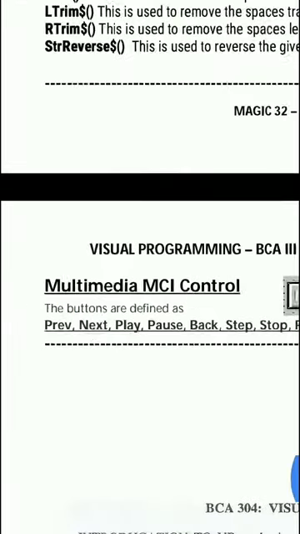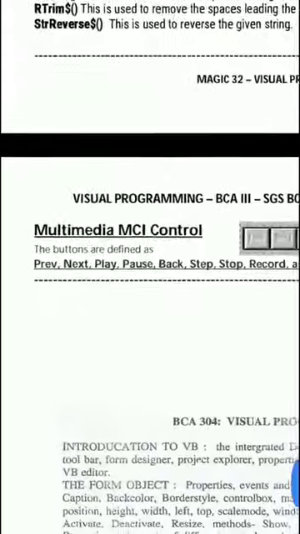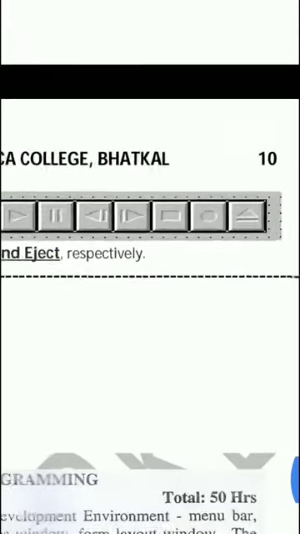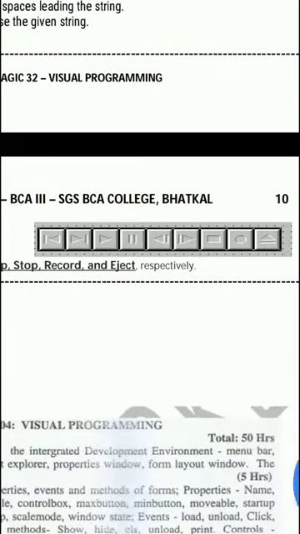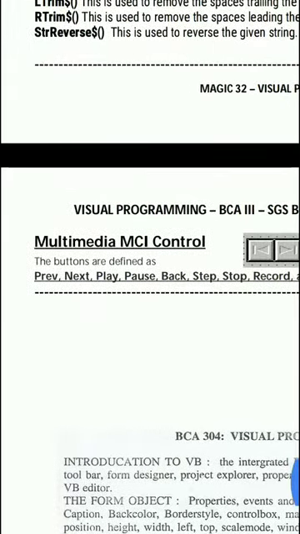VB also supports the MCI control, the multimedia control, which has a set of components, a set of buttons. The previous